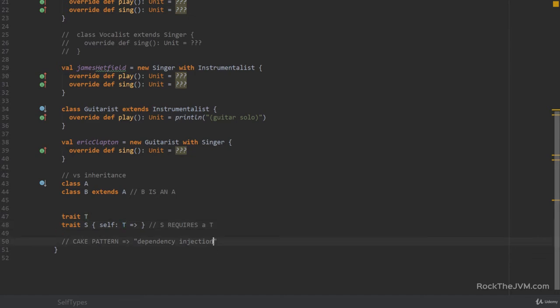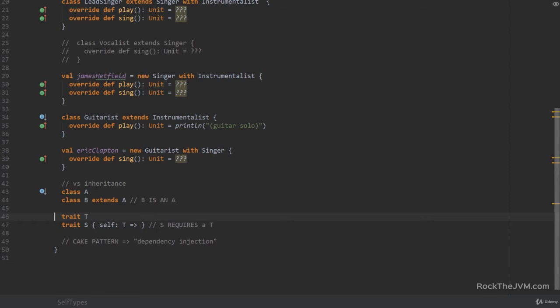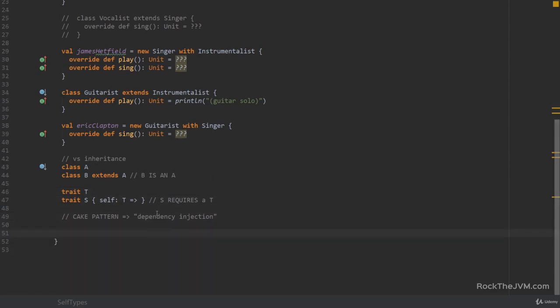That's why I put "dependency injection" in quotes here. The name of this pattern is the cake pattern, because these dependencies create layers of abstraction, which get implemented at the very last stage of the code, which is often compared to baking a cake. So, as a general example, the dependency injection in Java, which is most popular, but like I